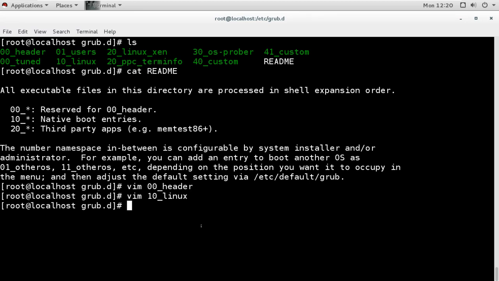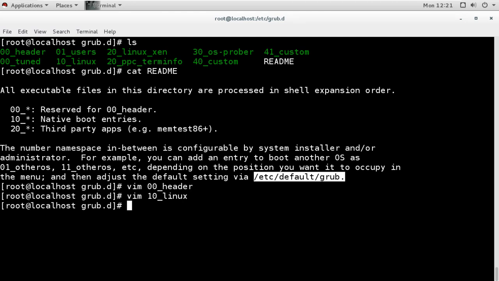Otherwise, if we want to change only some default settings, and we don't want to make a big change, or make a new OS entry, or introduce any other software, we just want to make some default changes. For example, when our system boots, it gives us the menu and waits for only 5 seconds, and I want more time. This is a default setting, so I can change it here. I may also want to pass some kernel options, add some extra options, or remove some default options for the kernel command line. I can do it from this file.